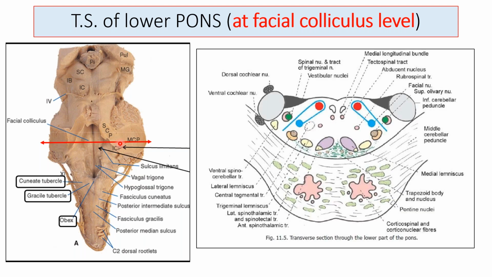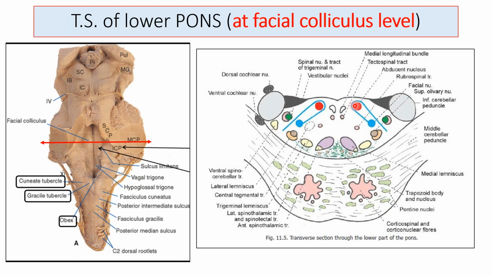This is how it will appear. This is the basilar sulcus, the ventral view, and this is the dorsal view. Posteriorly, whatever we are seeing is the dorsal view. Here is the posterior median sulcus, and you can see a raised swelling. This raised swelling is the facial colliculus on both sides. And what should be underlying the facial colliculus? Remember, underlying the facial colliculus is not the facial nucleus, but the abducent nucleus.